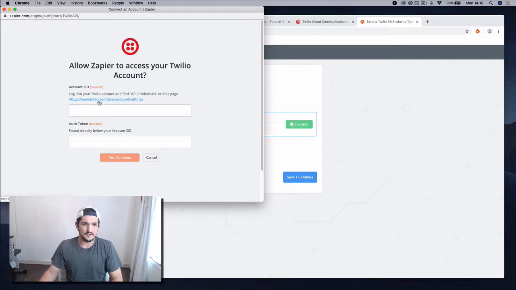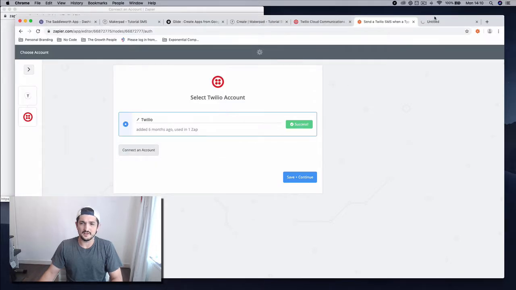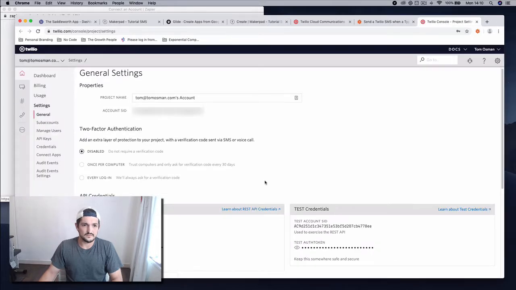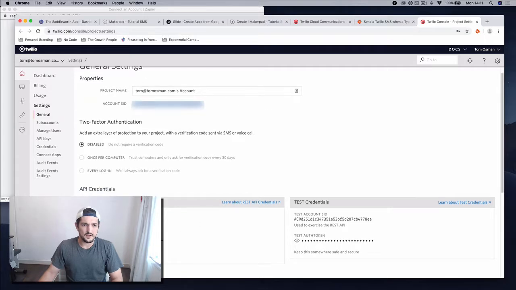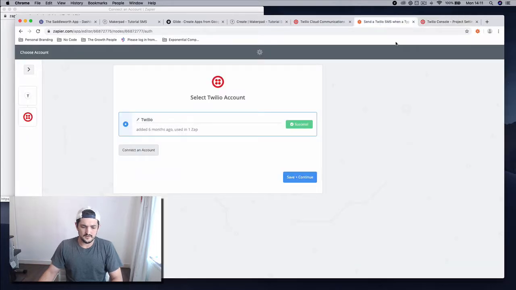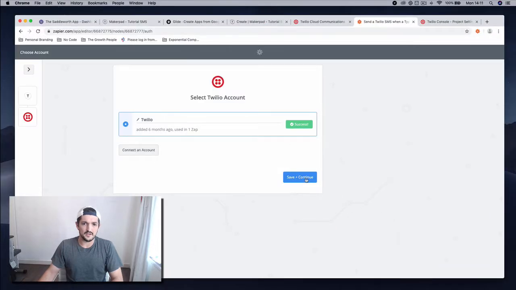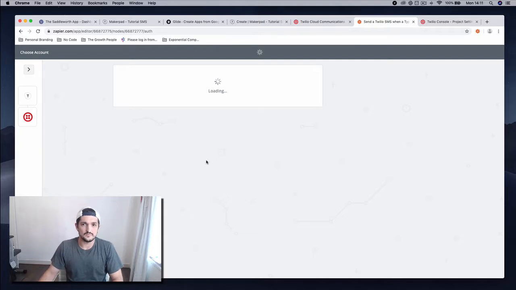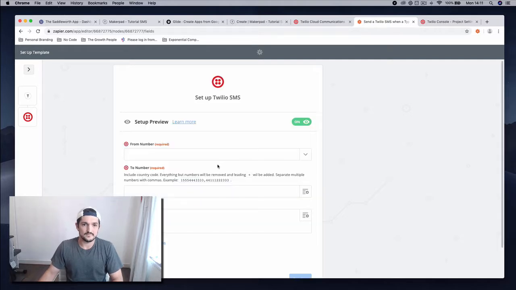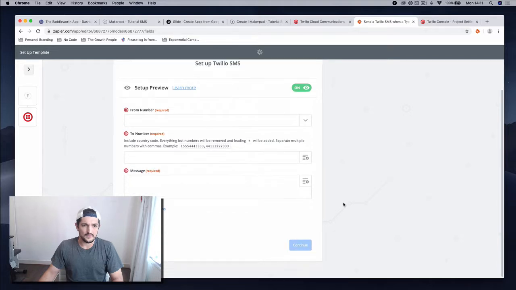So it can be found at Twilio/user/settings. Your account SID is here, and your auth token is here. So enter them, press continue, test your account, and then press save and continue. Okay, once that's done,